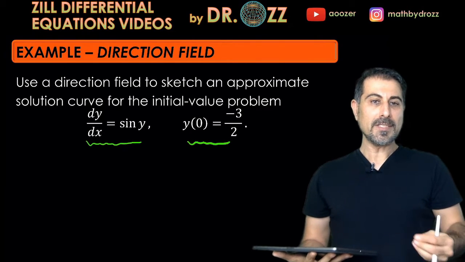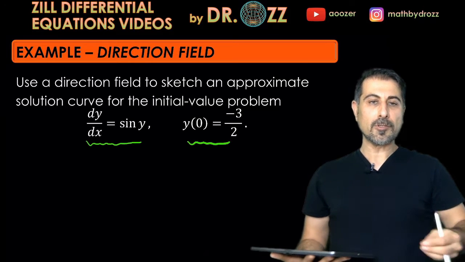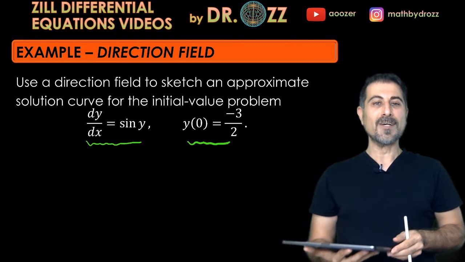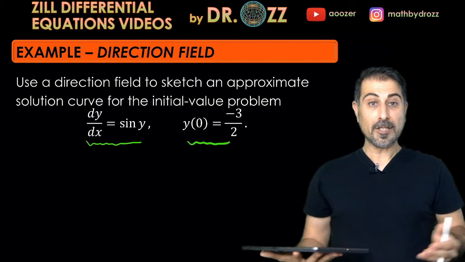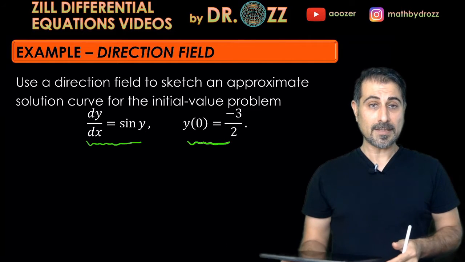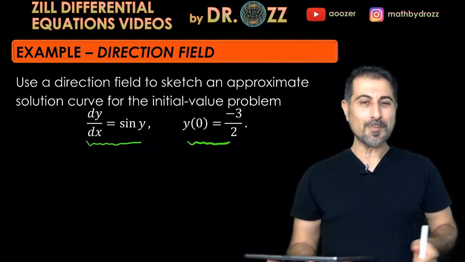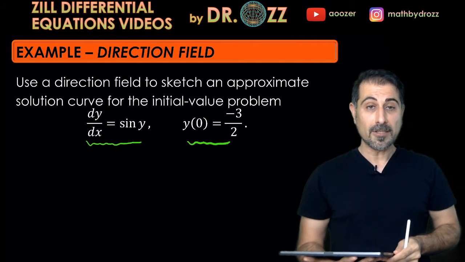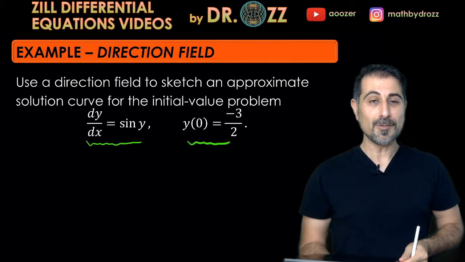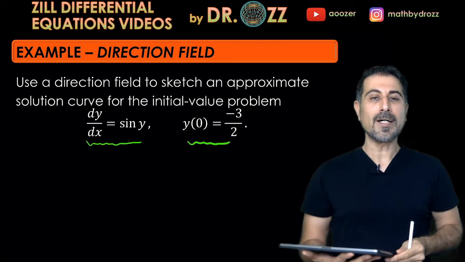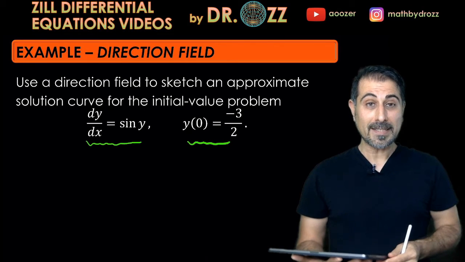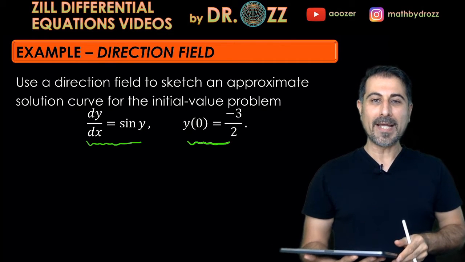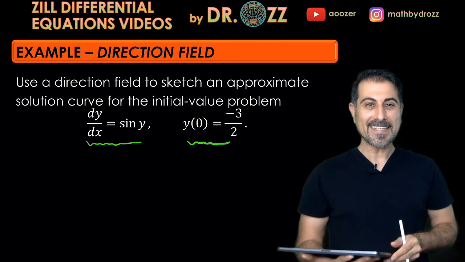So if we try to evaluate dy over dx at certain points on the xy plane, we can actually have the knowledge of slopes of the tangent lines, and we can look at the signs of the slopes. If it's positive, then y is an increasing function. If the slope is negative, y is a decreasing function. Just imagine like we have the slope or direction field provided to us. In fact, that's what we're going to do in the rest of the video. Then we can actually construct the solutions approximately, and we're going to find one that is passing through the point 0 and -3/2. All right, let's get started.